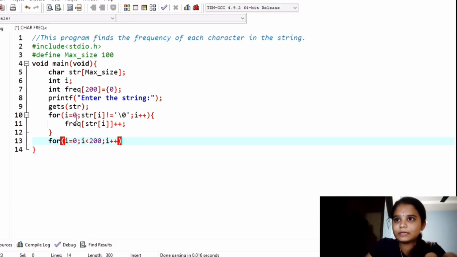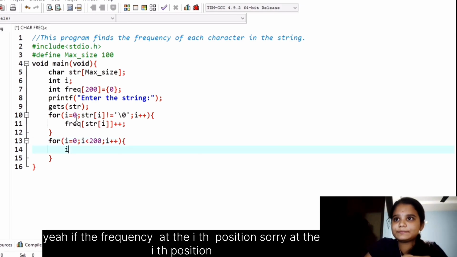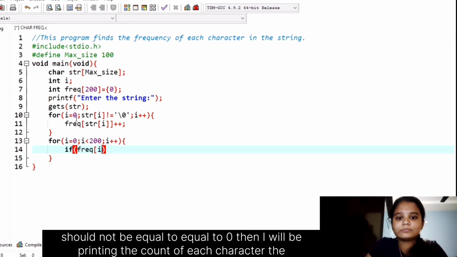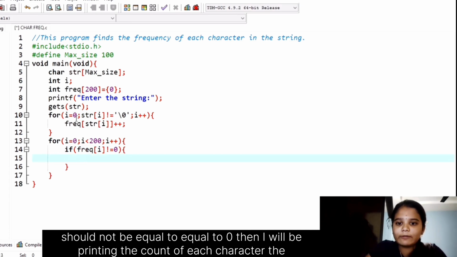And if the frequency at the ith position is not equal to 0, then I will be printing the count of each character.